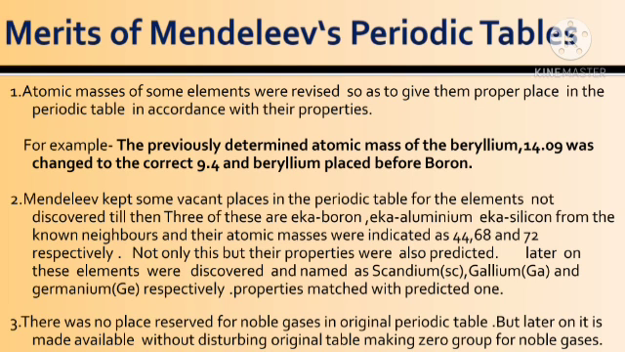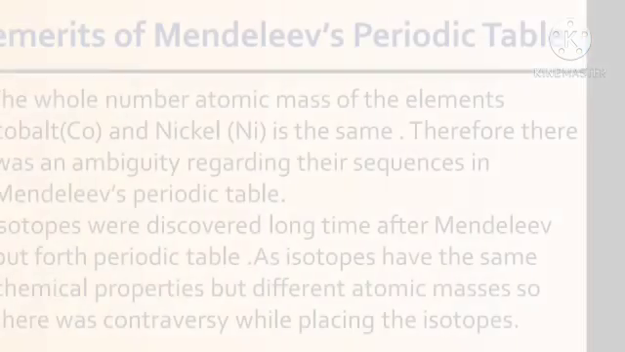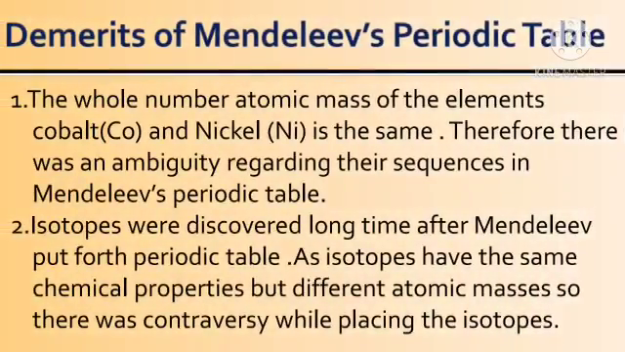The third merit of Mendeleev's periodic table is that there was no place reserved for noble gases in the original periodic table. When Mendeleev's periodic table was put forth, the noble gases were not known. But later on, they were accommodated without disturbing the original table, by making a zero group for the noble gases. Though the classification was very good at that time,